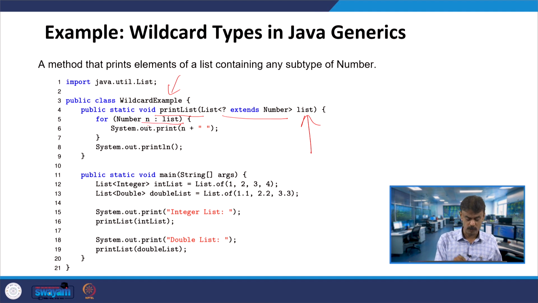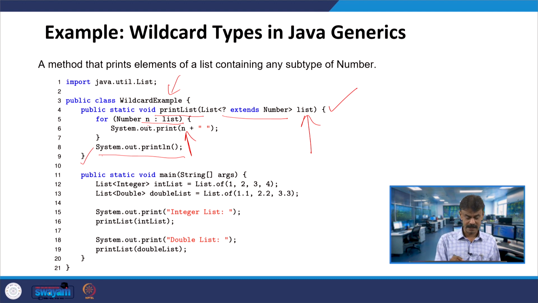Now n and list point to the same object, and then you are printing n. So we take our list and print each element on one line. Our method starts from here and ends here.